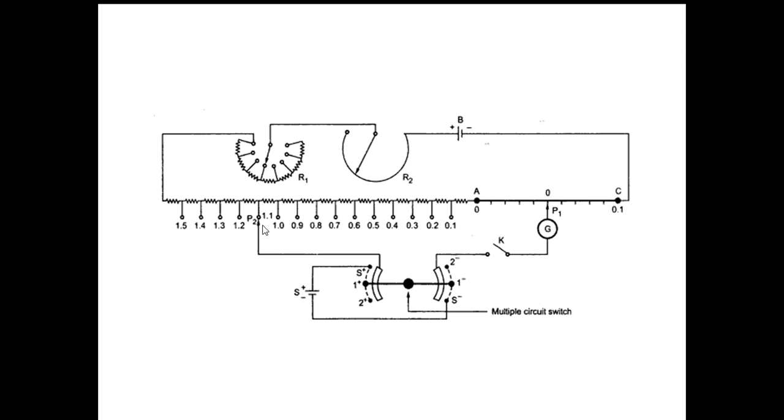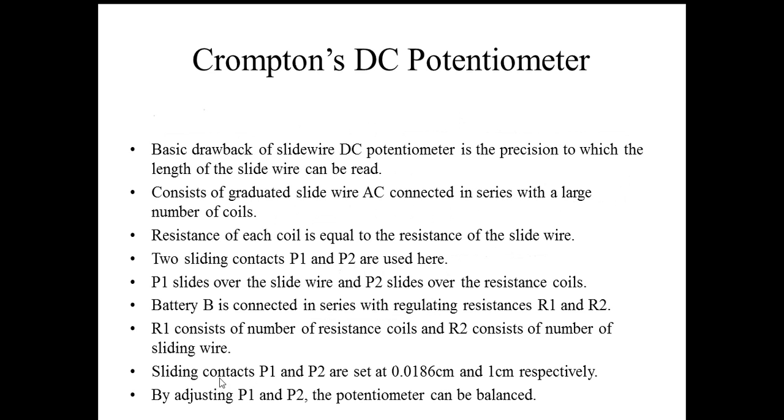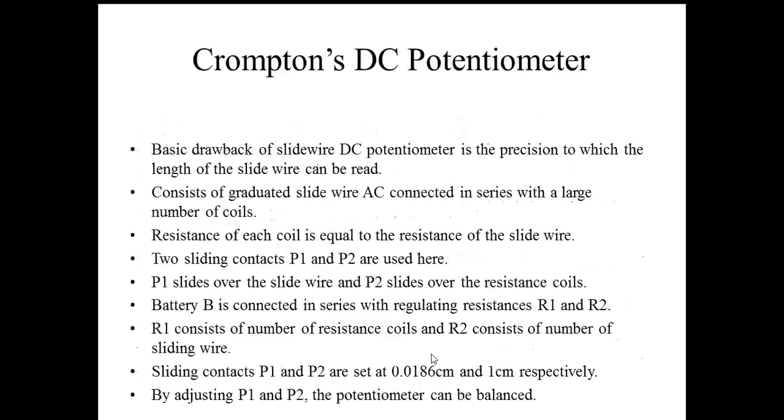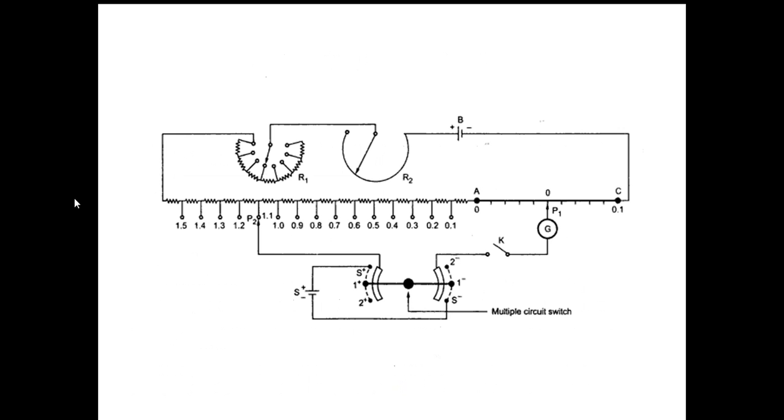So suppose I have to calculate a potential corresponding to your 1.0186 volts, that is the voltage of your standard Weston cell EMF. What we are going to do is segregate the two, that is your 1 centimeter and your 0.0186 centimeter. Now when we have segregated the two, both can be measured or slid on different parameters. When we are sliding, a closed loop would be formed according to which your EMF would be generated.